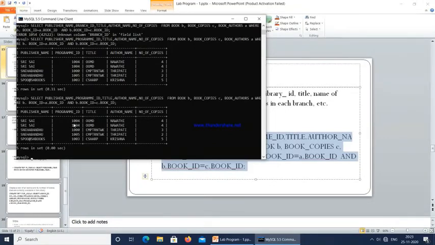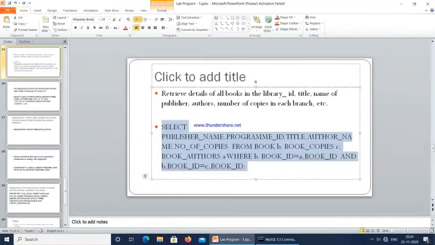Based on the publisher name and the branch ID, we are finding out the author name, title, branch ID, publisher name, and the number of copies of the book that are available. So this we are retrieving. Next, we will go to the second query.